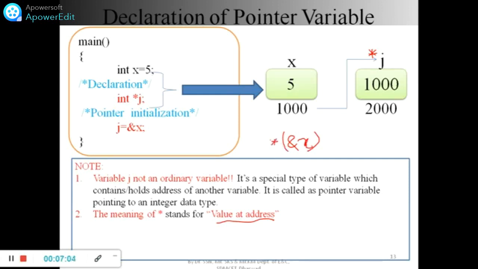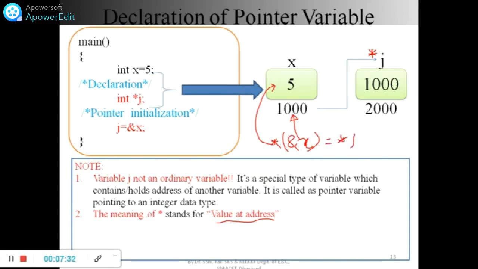So star j, or star ampersand x: ampersand x gives me the address of this variable, and when I write star, it gives me the content present in x. This is as good as writing star j.